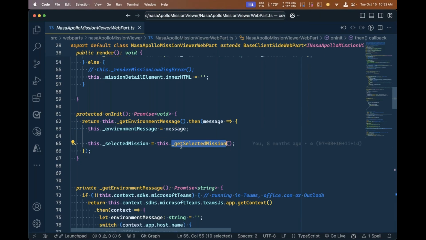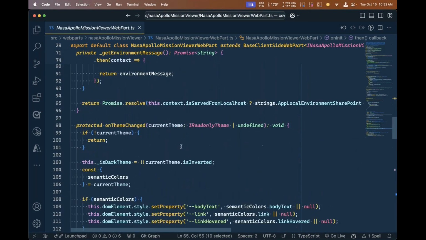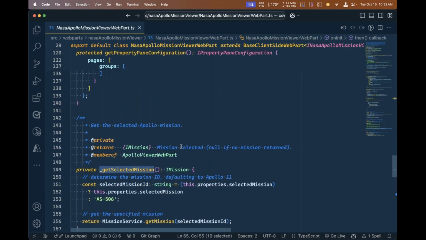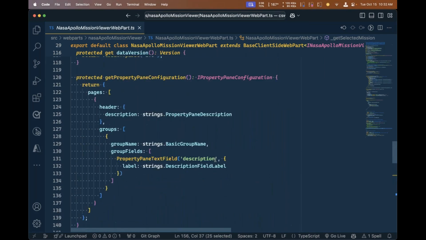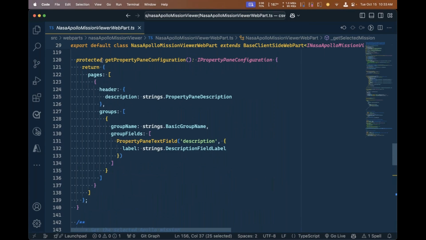mission, which if I scroll down a little bit, I think I've got my method down here. There we go. Get selected mission is going through and fetching a mission from our mission service, which is using some API to go grab some data from either a list or a REST API or some other source of data. Now, the last thing that I wanted to show you here is this concept of this get property pane